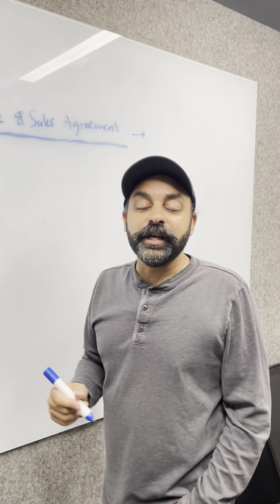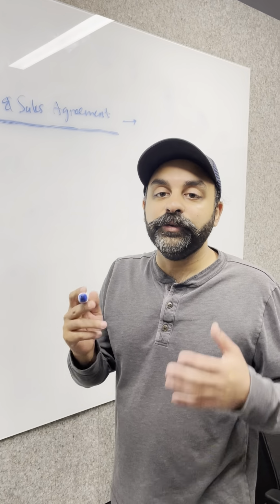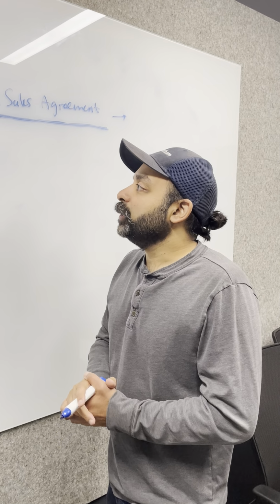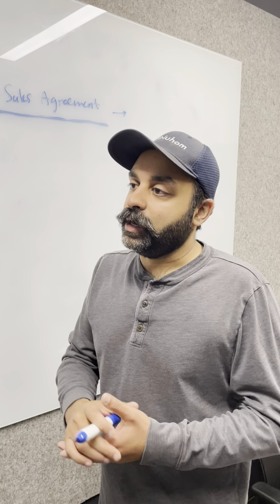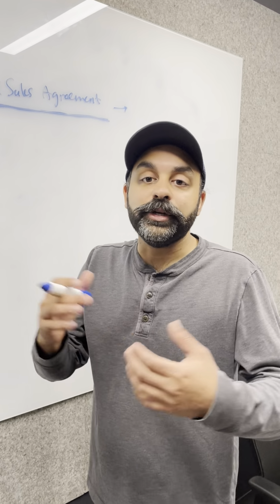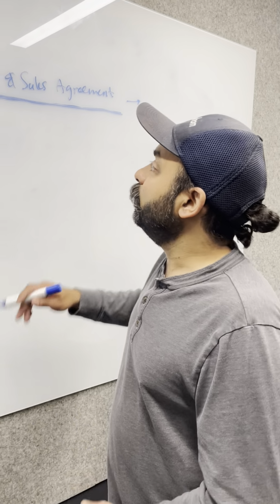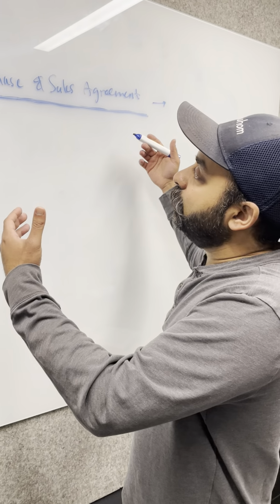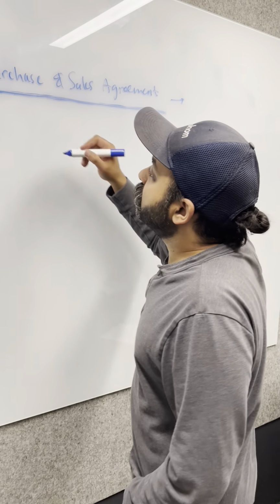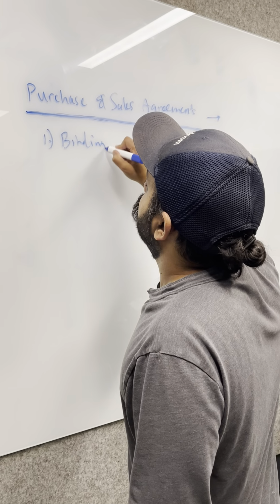If you're at the purchase and sales agreement step, it's another exciting step, but it also means that you've completed further diligence on the home you're trying to buy. Because really, any of that further diligence, whether it's a home inspection, looking at permits, or any other documents that you've discovered since you've got an offer accepted, should be taken into consideration in the purchase and sales agreement. Because the purchase and sales agreement is a binding contract,